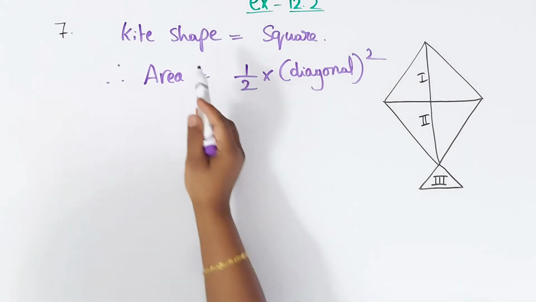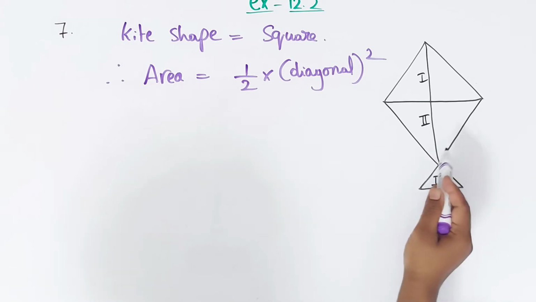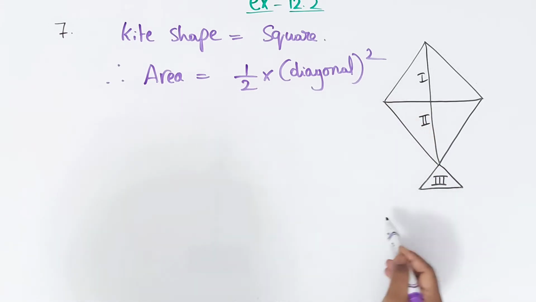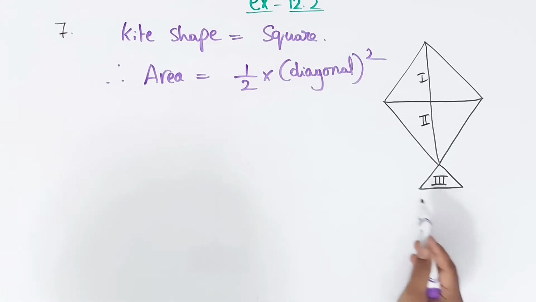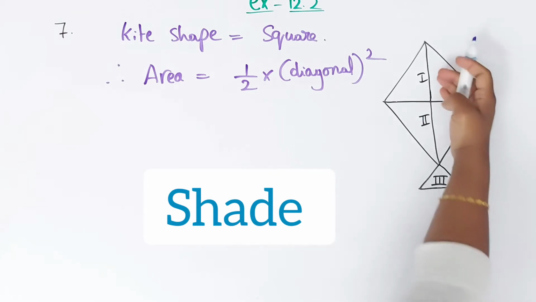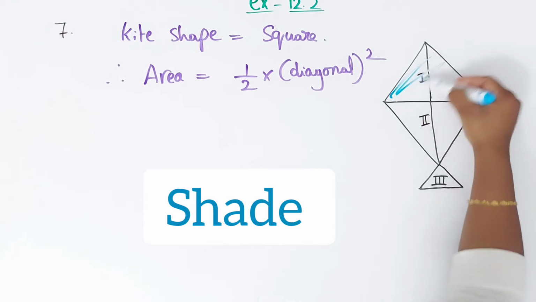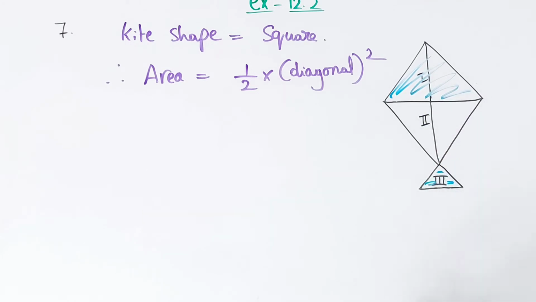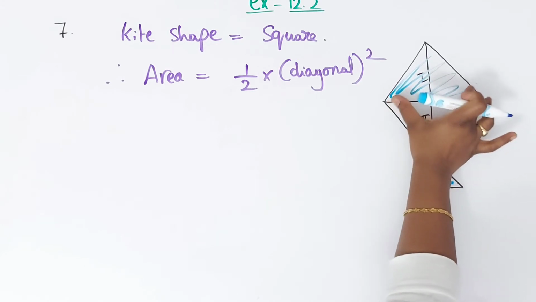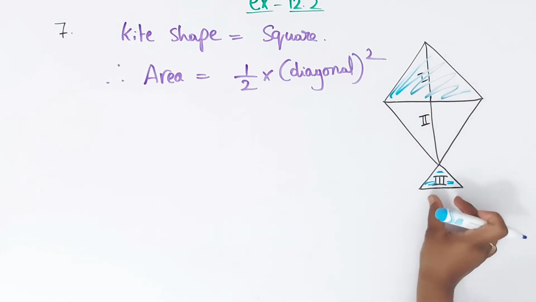7th question, children. A kite is in the shape of a square with a diagonal 32 cm and an isosceles triangle of base 8 cm and sides 6 cm each is to be made of 3 different shades, children, as shown in this figure. How much paper of each shade has been used in it? Here we have to find out the first shape area and second shape area, children. This is in one shade, right? And this is in another shade and third one also in another shade, children. Correct?